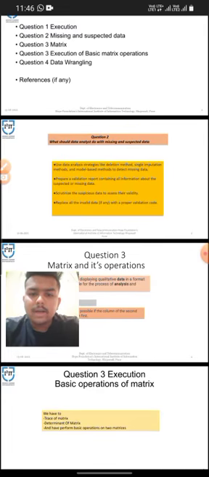In today's data analytics lab oral examination, there are four questions, and my question is: what should an analyst do with missing and suspected data? Data analysts use data analysis strategies like deletion methods, single imputation methods, and model-based methods to retrieve missing data. When dealing with missing data, data scientists can use two primary methods to solve the error: imputation or removal of data.